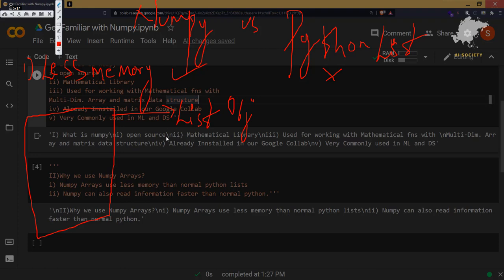Everything in Python is an object, right? So it creates a list object, and it will have some general information related to the list: the number of elements and what the elements are. Then we are storing, let's say, the numbers 16, 12, and 128. These three numbers we are storing in our Python list.